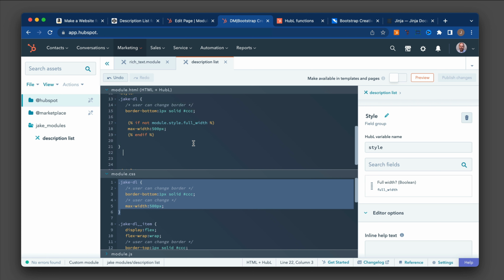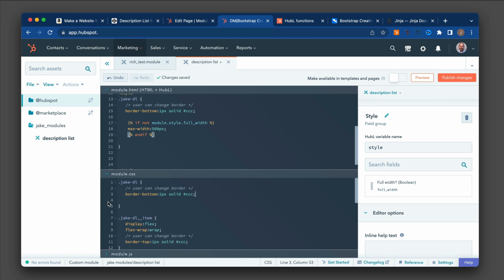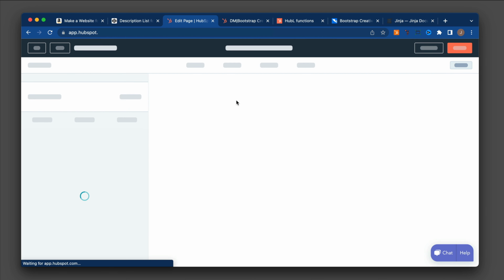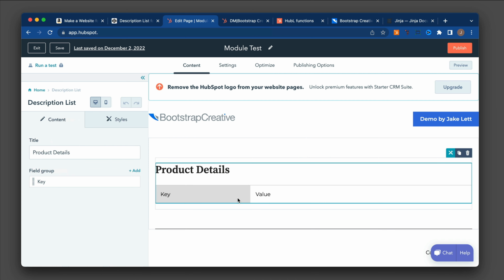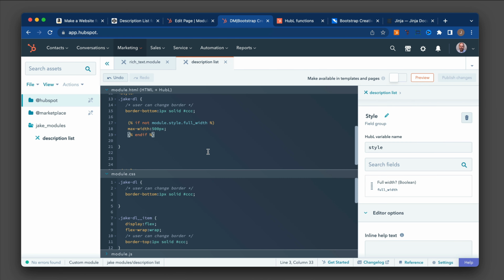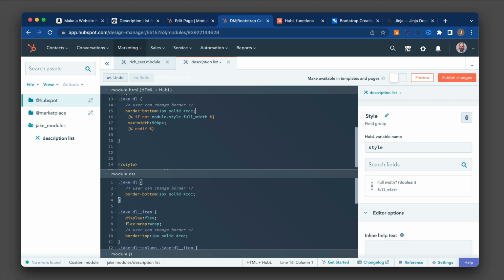Let's see if I take this off. Yep. So I had to remove that style property off my global CSS. And so now it's only applied if it's selected by the user.